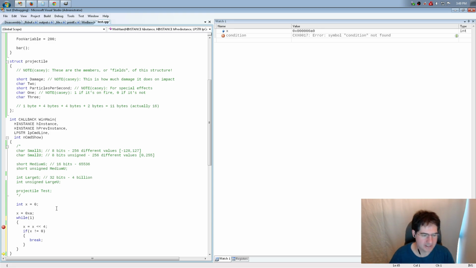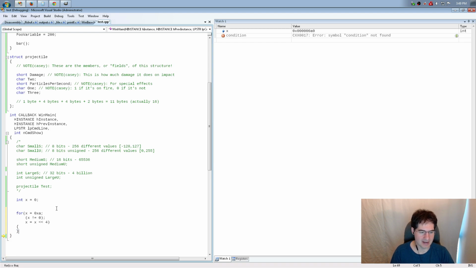Finally, because it is very common, there's a thing called a for loop. What a for loop does is it allows you to basically move a variable's initialization, its test, and its operation all into a single concise form that can be pretty easily read.